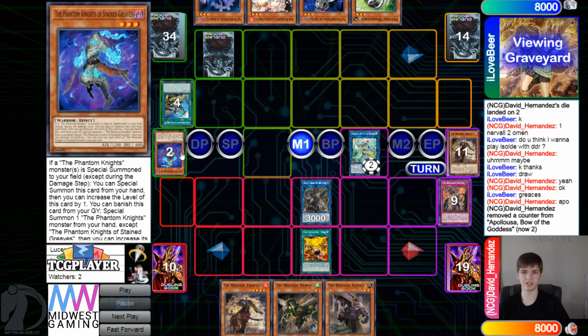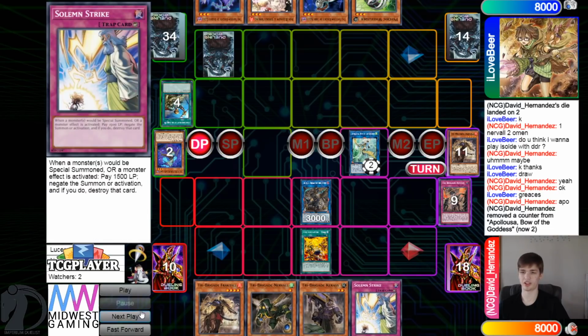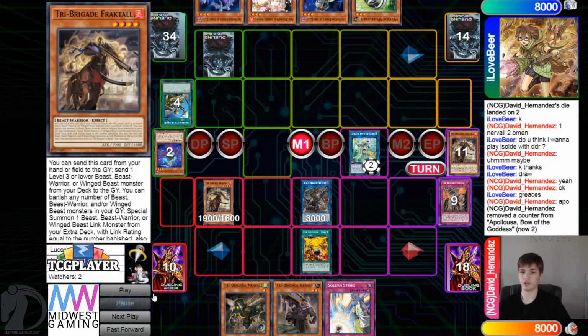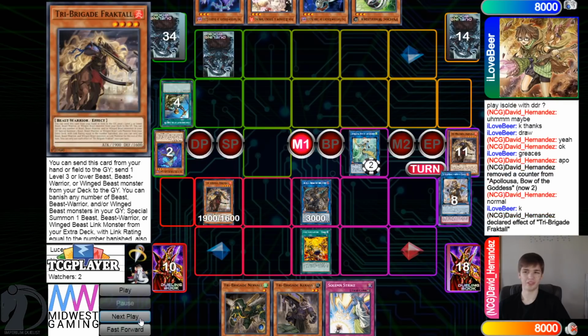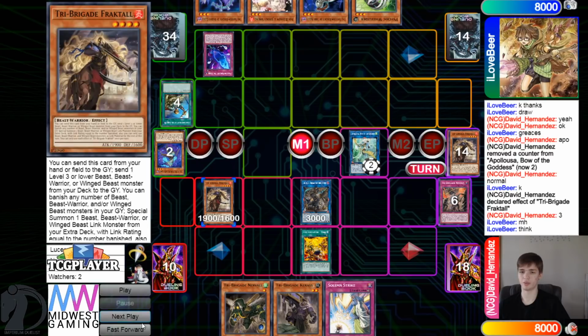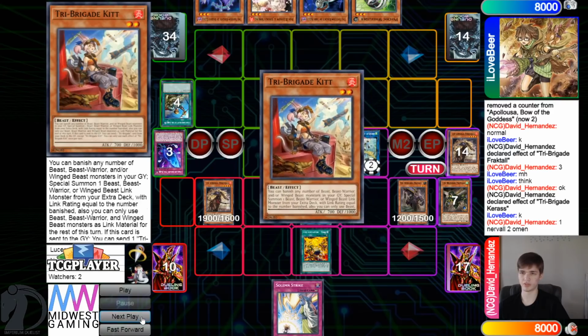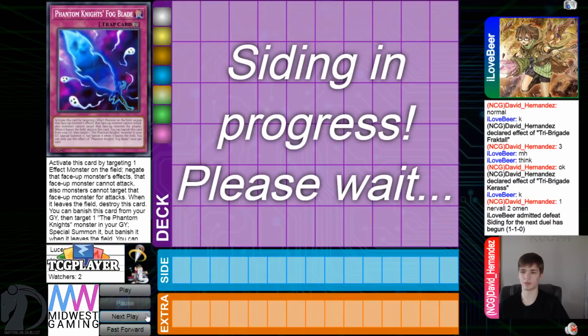Is that? Oh, I don't even know that was in the name. I just always call this card Stained. Then set, pass, draw strike. Then normal summon out Fractal, effect. This will go ahead and banish 3. They're going to chain Fog Blade to that. And special summon out Kuraz by getting rid of Nerval, get those effects, go grab Kit, banish Fog Blade, and